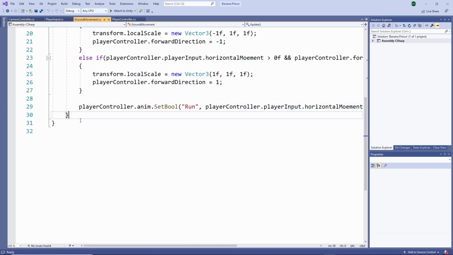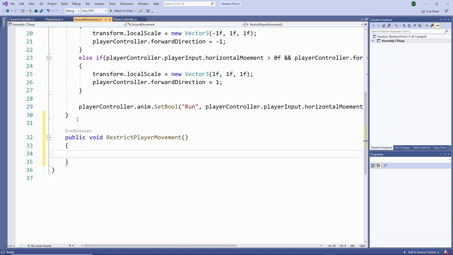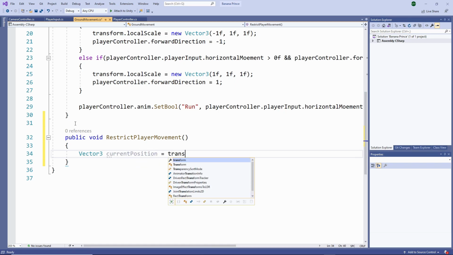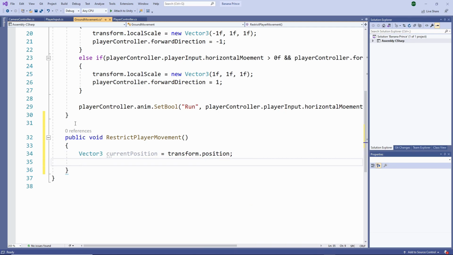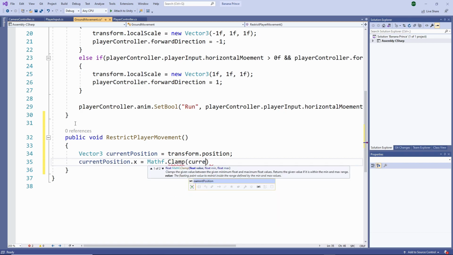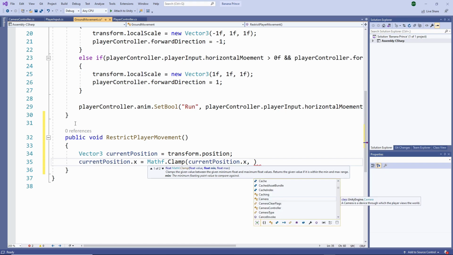And down here we can create a new function. So public void, let's name it restrict player movement. And here we need to clamp the x value of the player position. So let's create a new Vector3, let's name it current position, and it's equal to transform.position. Then let's clamp the x value of this Vector3. So we can write current position.x is equal to Mathf.Clamp, and we want to clamp the current position.x, and the minimum value is going to be the left bound